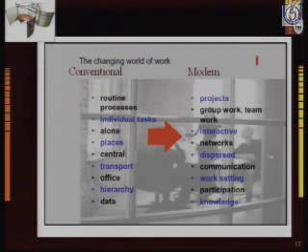Now, since you asked a very good question in the beginning, I was planning to come to this slide and explain how the conventional office is different from the modern office. In the conventional office, we talked about routine jobs, processes, individual tasks, central places, transport, office hierarchy and data. Whereas in the modern offices, we are more project oriented.